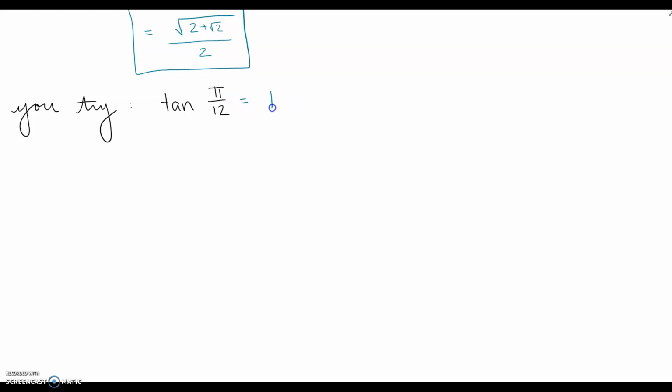So first step is to rewrite this as a half angle. Since it's a fraction, I want to use 1/2, right, because I'm divided by 2. And pi over 12 is 1/2 times pi over 6. So that means pi over 6 is my theta. So now is when you get 3 options. There's 3 tangent